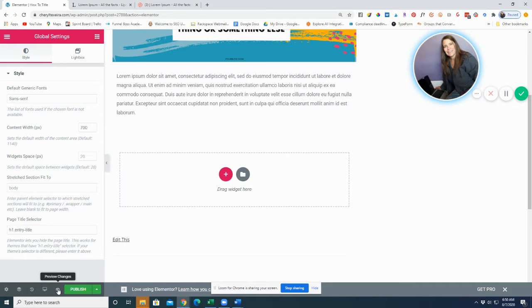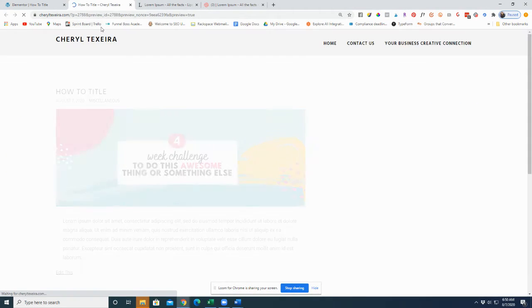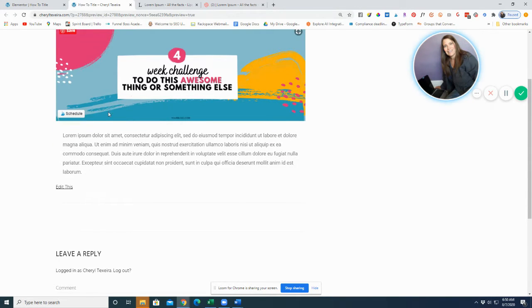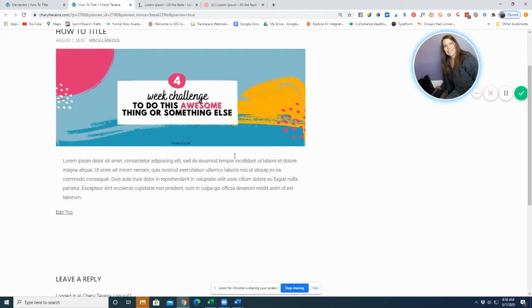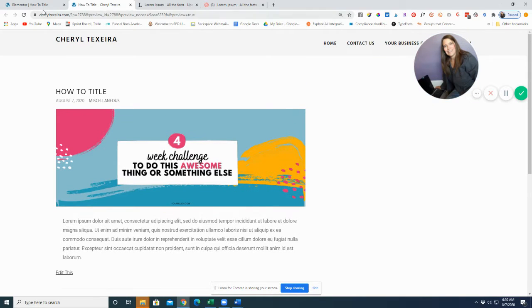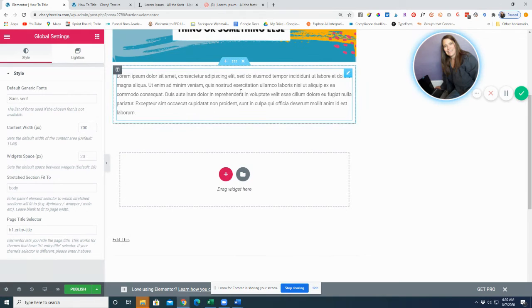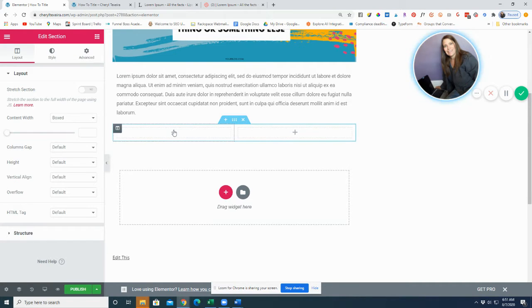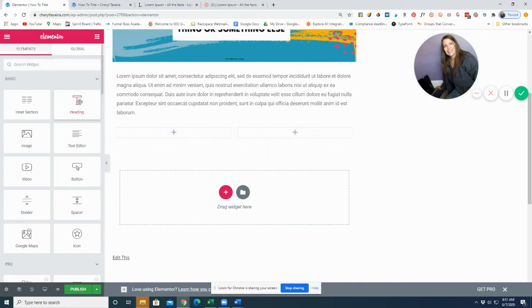Now in here, anytime you want to preview your change, you can just use this eyeball here, and then it'll throw it in a separate page for you, which is nice. So now you can see how you're already starting to flesh out your thing, right? And so now we're going to go over here, and let's say I want to put in some text over here and an image right here. I'm going to do this layout here,